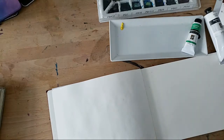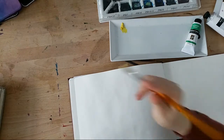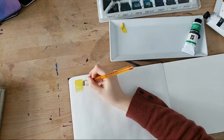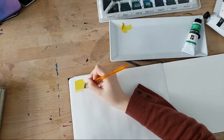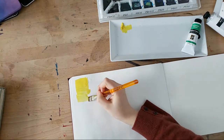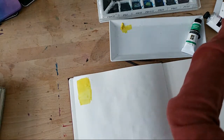So casein like the milk protein. Yes, absolutely. It is exactly the same milk protein. So you can make your own paint with casein that you get from like the health food store, and you can find instructions for mixing it with pigments. I could not be bothered to mix my own paint before use every time, so I bought it ready-made. So this can be applied sort of thick and even like this. It can be watered down like watercolor. So this Naples yellow, I was expecting it to be much more muted, because Naples yellow in